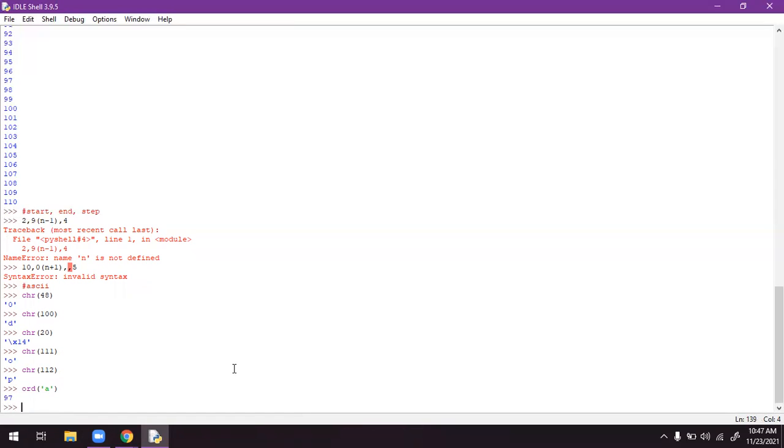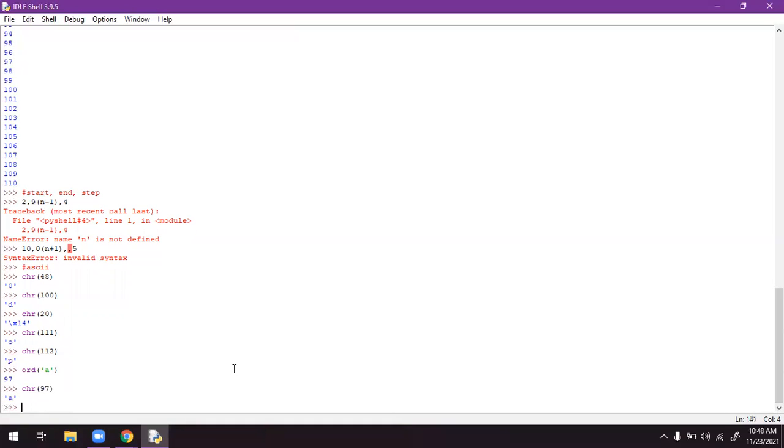So what is the ASCII number? It is 97. If you write 97 and check the character value, it gives the value of A. So if you need the character value, then you have to write the number. If you want to know the ASCII code, you just have to write that